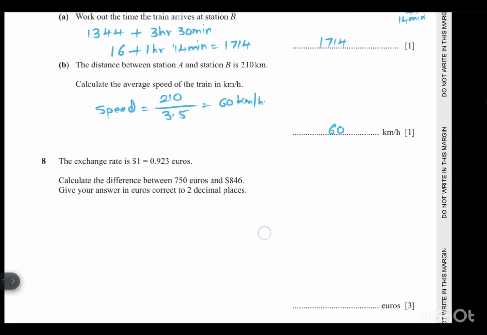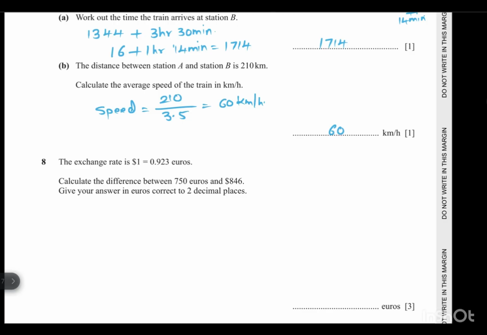Now question number 8. The exchange rate is $1 is equal to 0.923 euros. The rate is given to us in dollars; $1 rate is given in euros. Calculate the difference between 750 euros and $846. Give your answer in euros corrected to 2 decimal places. Now, because they are asking the answer in euros, we have to convert the dollars into euros and then find